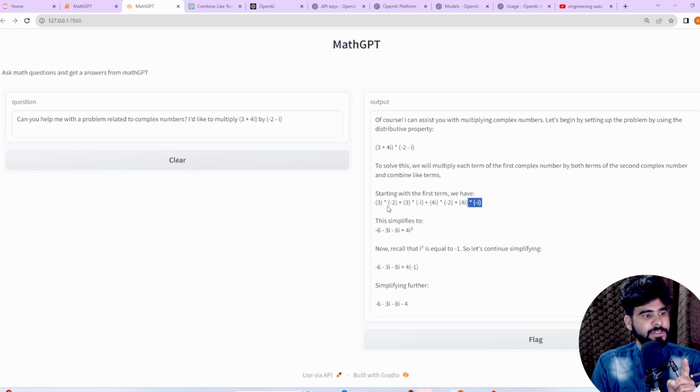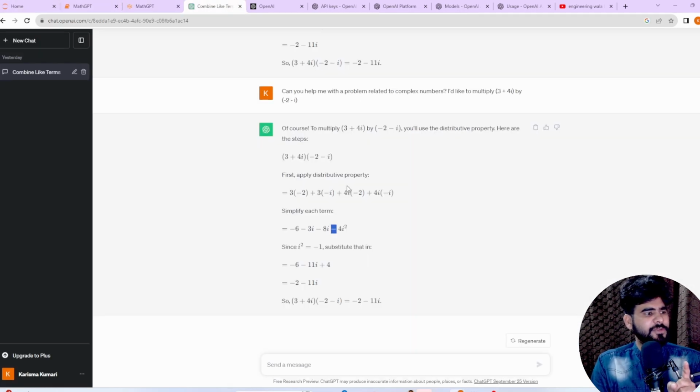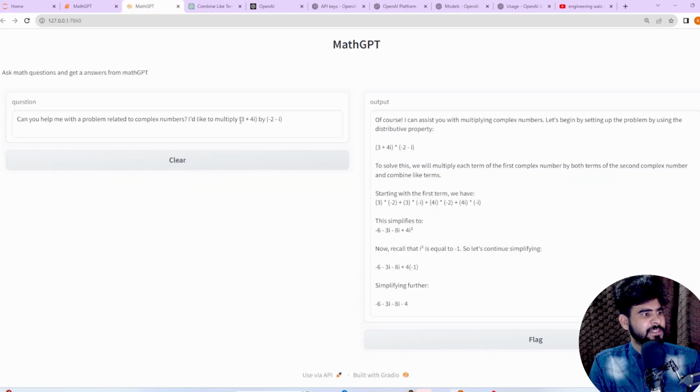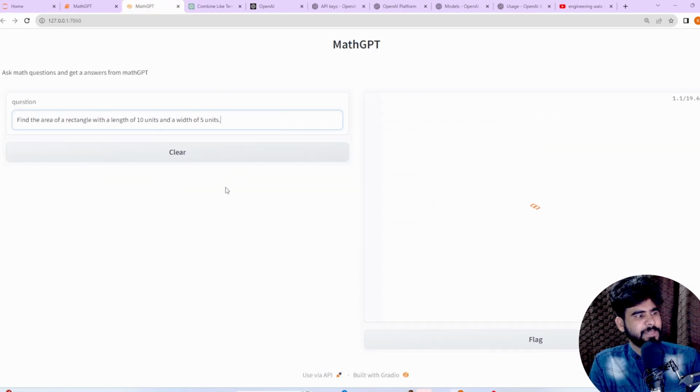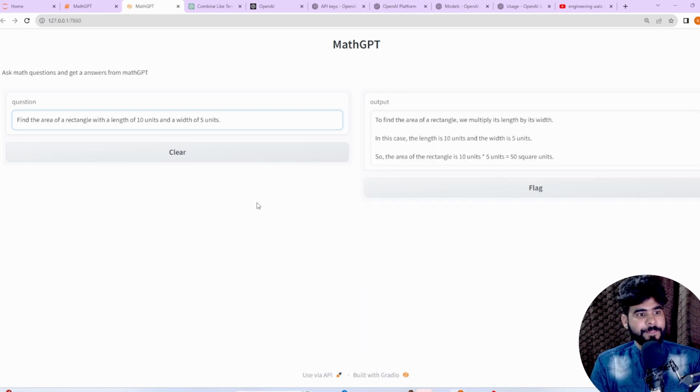Let's verify once. Minus 3, this particular 4i that we are getting, 4i into minus i, right? Now let's verify. We have some mismatch. Fine, no issue. What I can do is ask some other questions. We are getting some mismatch, fine. Let's ask some different, more complex questions. Now as you can see the 50 square output that we are getting here, 50 square.